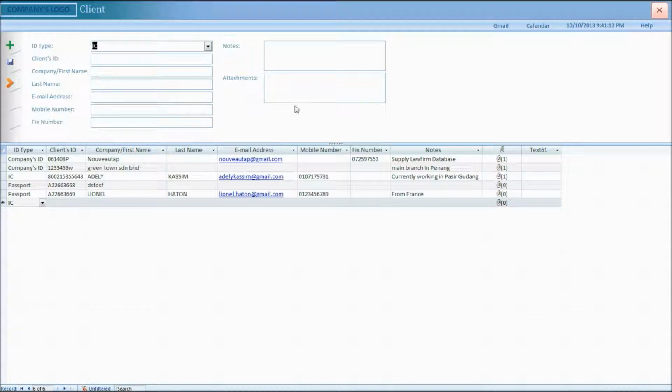You also have the attachment part, where you can attach any scanned file related to your client, such as a copy of the IC. The scanned file will be attached to the record for as long as you have the record, which means you don't have any time limit to keep the files, and it requires zero office space. Once you have entered all of the info, you can go to the property form